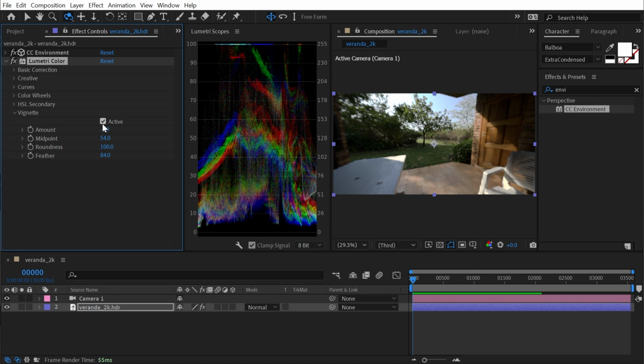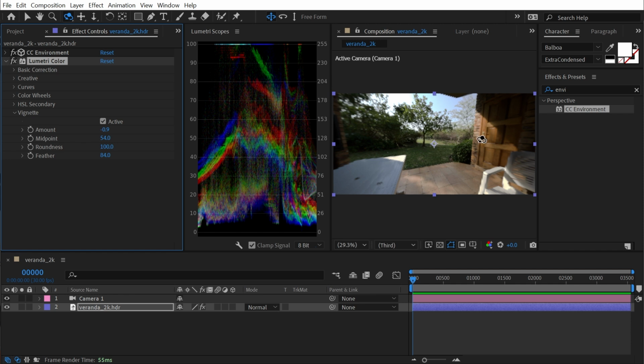All right, that was a lot, but hopefully a good overview of how all of the controls in Lumetri Color work. This is a really powerful effect in both After Effects and Premiere, and in Premiere's version, there's even some more controls that I think make it even more advanced. If you're interested in color grading, definitely look up some tutorials on how to use Lumetri Color. It's a great tool when used in combination with Lumetri scopes for setting exposure and making sure that your image is nice and balanced, and allows you to take some of the trust basically off of your eyes